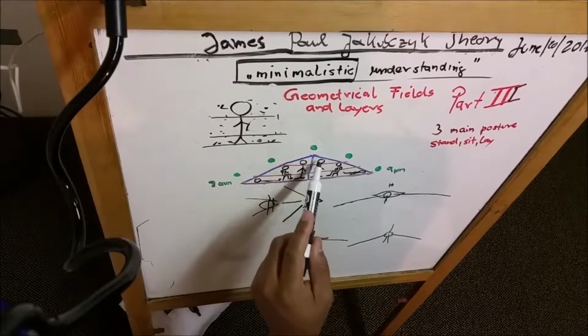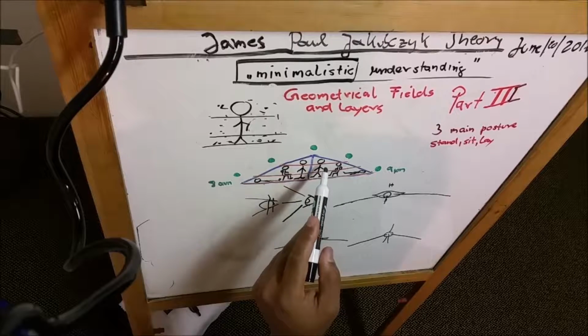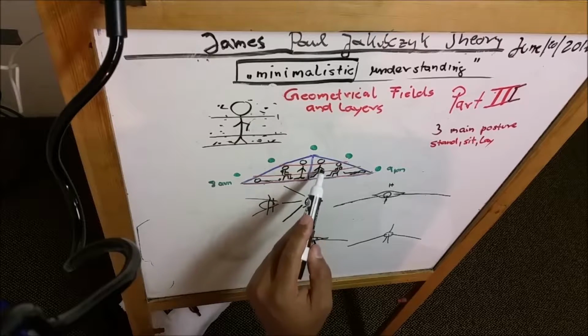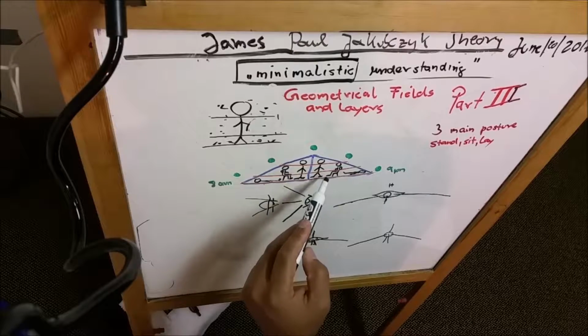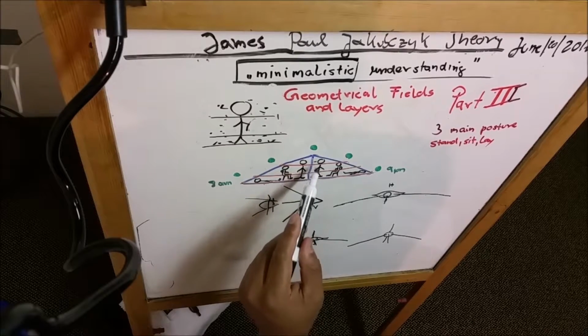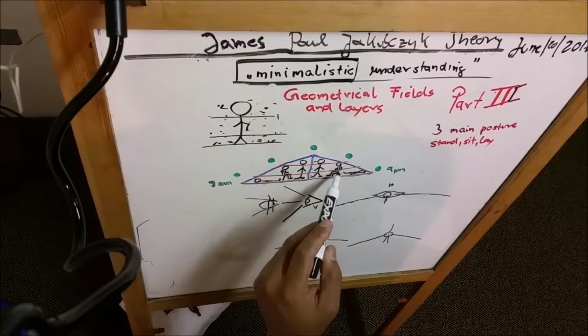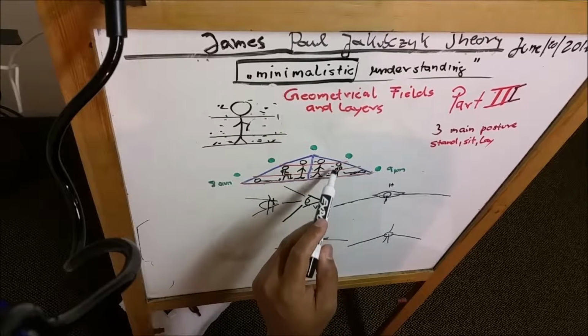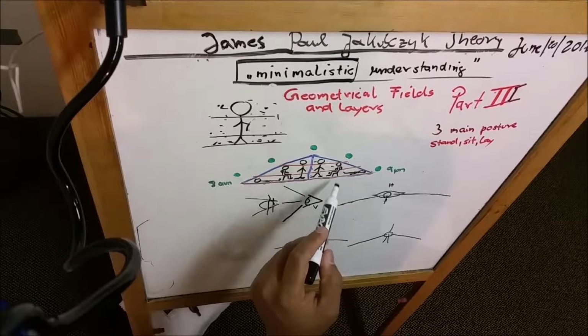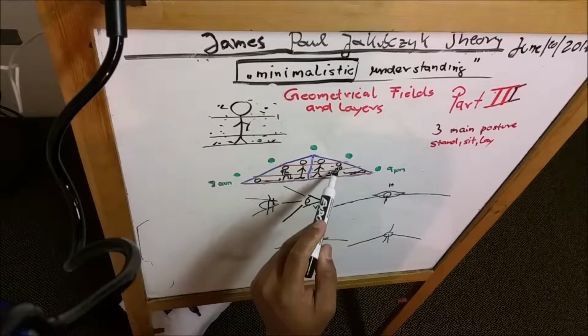Depending on your posture, you are occupying those layers. When you stand, you are occupying all three layers. When you're sitting, you're only occupying these two layers, upper body and the